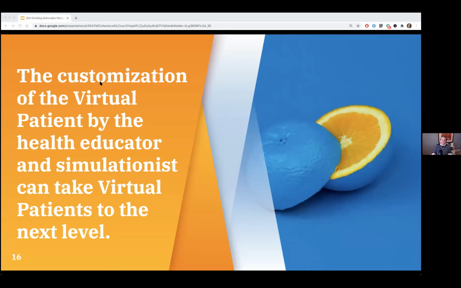This customization of the virtual patient by the healthcare educator and simulationist can take virtual patients 2.0 to the next level. Clinicians and educators are really the only ones who can create realistic interactions with authentic patient responses, and they're just better at predicting the communication branching that occurs during a clinical conversation. More on that in a minute.